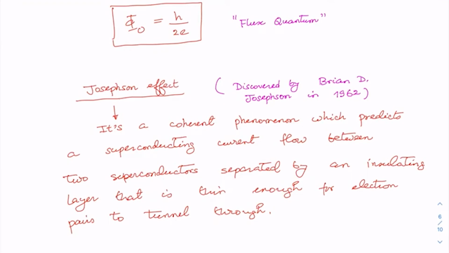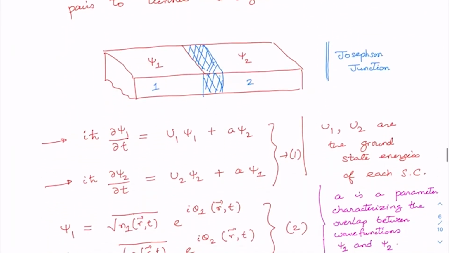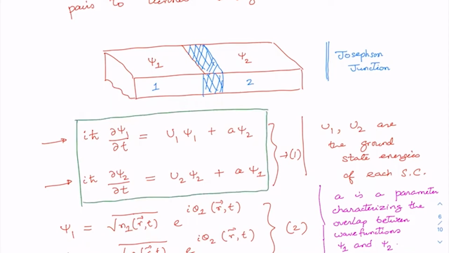It predicts a superconducting current flow between two superconductors separated by a very thin insulating layer. We then try to discuss this effect very simply by using a very simple model based on the Schrödinger equation. We have written this coupled Schrödinger equation for two superconductors made up of the same material, and they are homogeneous, and they are separated by